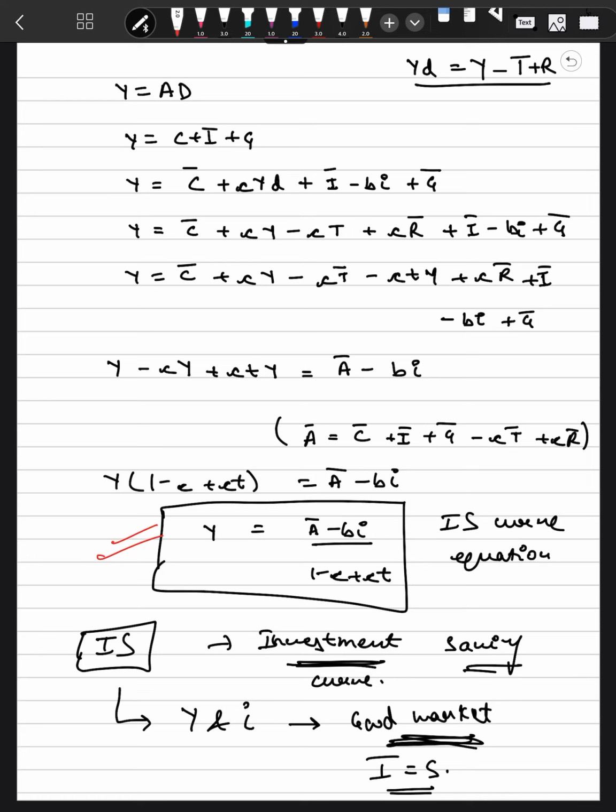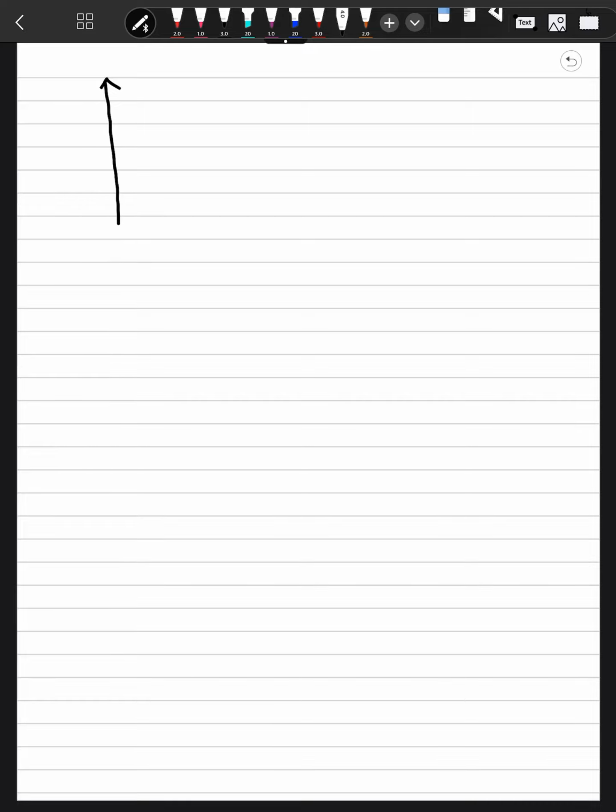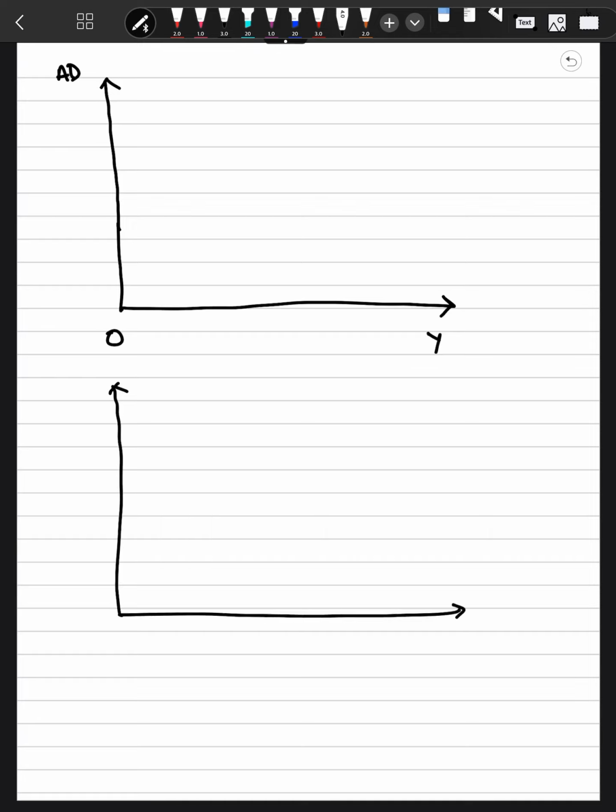Now we are going to derive the IS curve graphically. Now we know the Keynesian cross, we have all studied it. So this is a two-part diagram. So this is 0, Y, and aggregate demand we are taking on the y-axis, whereas in the second part of the diagram we are taking income or output and interest rate. So we are going to derive the IS curve, that is various combinations of income and interest rate, in the second part diagram. In the first part diagram we are showing the goods market, that is how the aggregate demand is changing via the Keynesian cross.